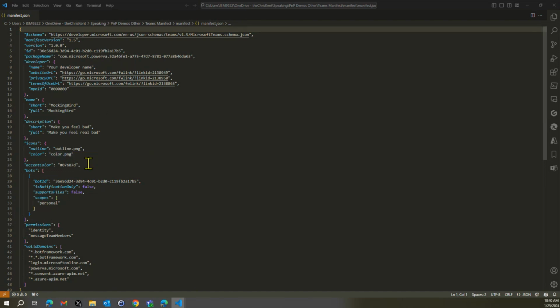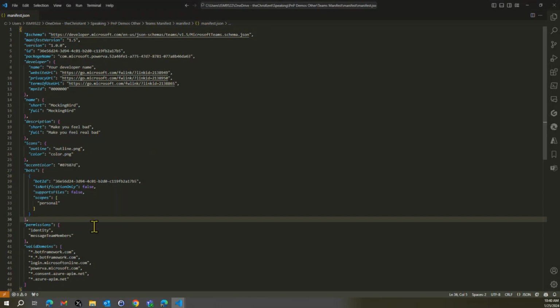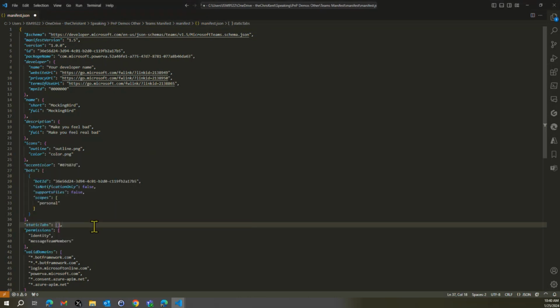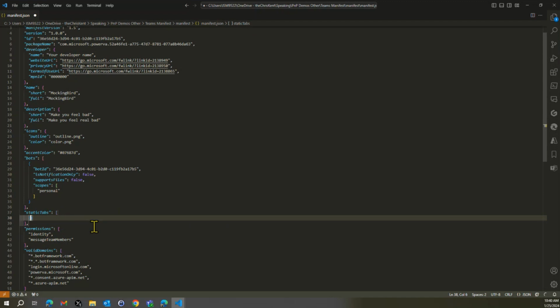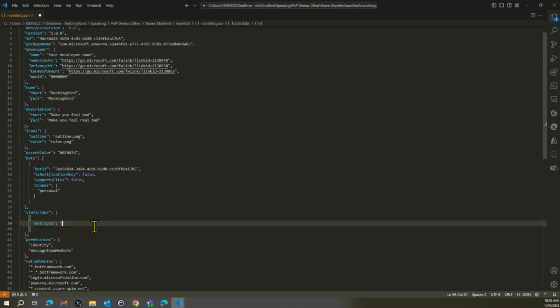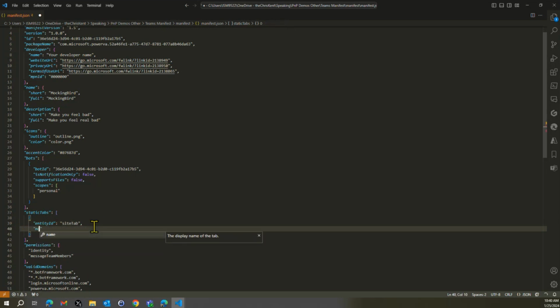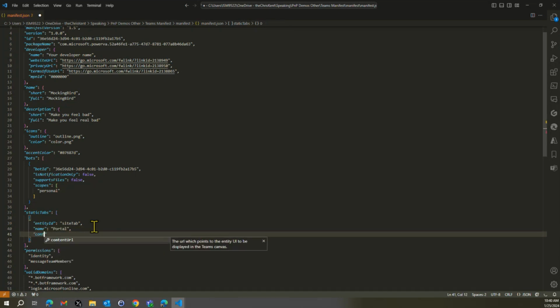Right, so the way we do that is we just add a tab, right? We add static tabs, and we're going to add that right after our bots. So we're going to add static tabs, and in this case, I'm going to put an entity ID of whatever I want. I'm just going to call this the site tab. All right, and then I want it to say it's the portal, right? So that's going to be our Mockingbird site. All right, and then I'm going to say a content URL is just going to be that